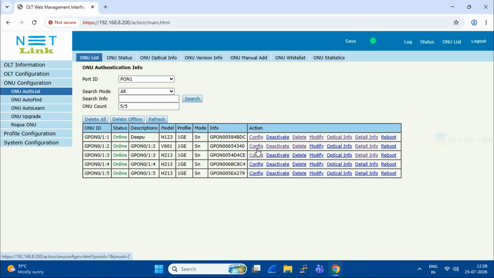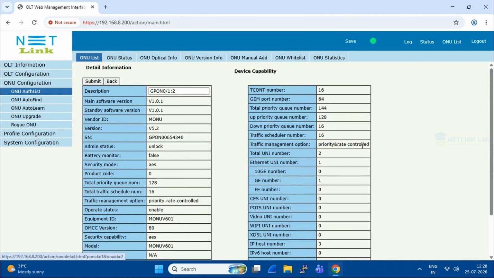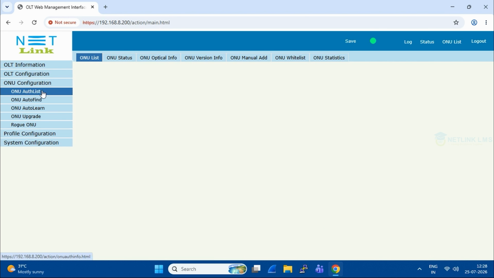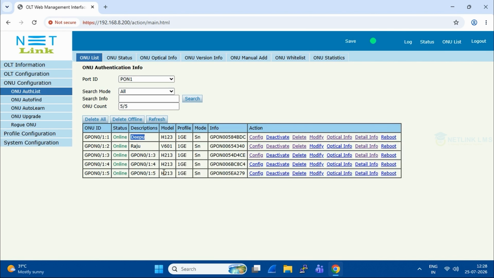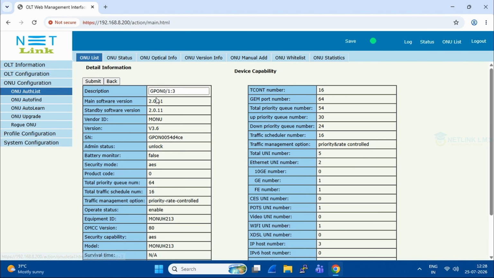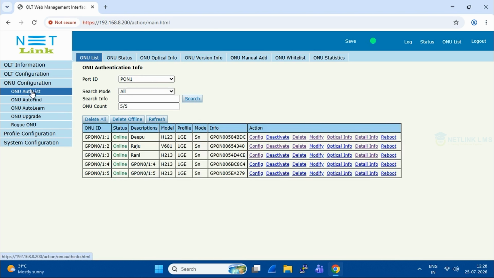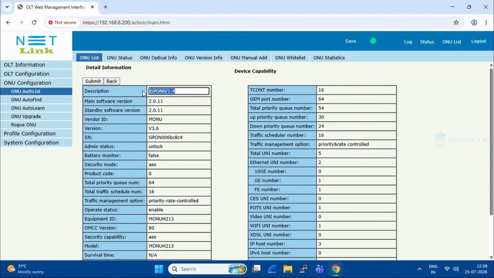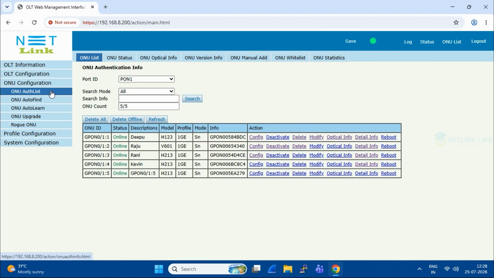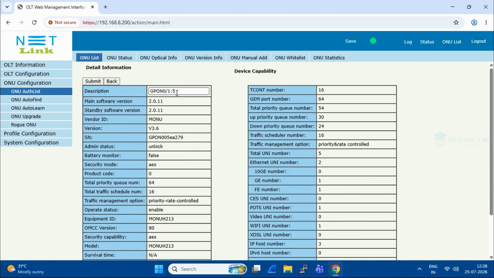I'll now assign descriptions to the remaining customer ONUs as well. As you can see, assigning a description takes only a few seconds, but it makes customer identification much easier during troubleshooting, maintenance, and day-to-day network management. Therefore, it is always a good practice to assign a clear and meaningful description to every customer ONU or ONT,